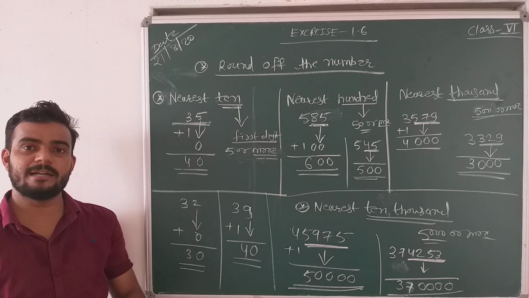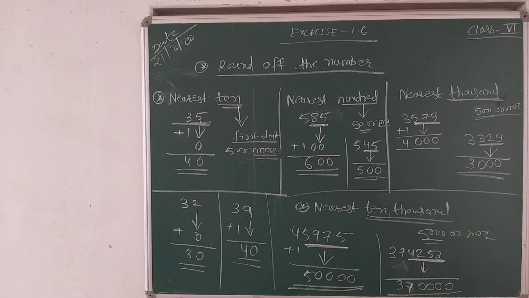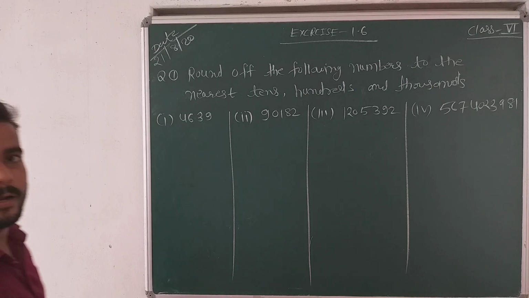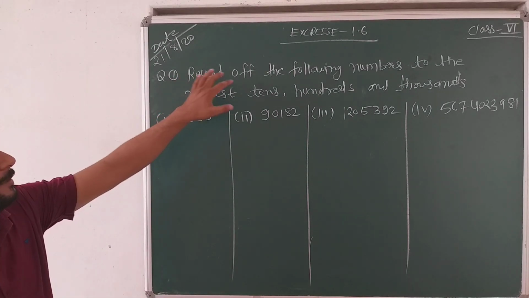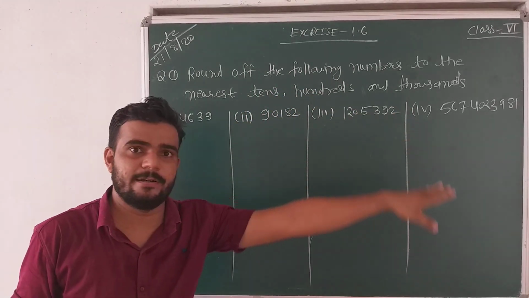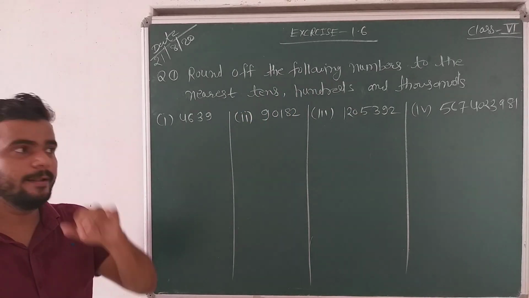Okay, so now we have to start the exercise. Take the screenshot. Okay, so the first question: round up the following number to the nearest tens, hundreds and thousands. So first number